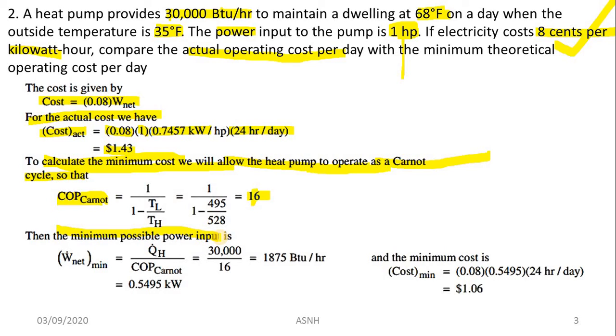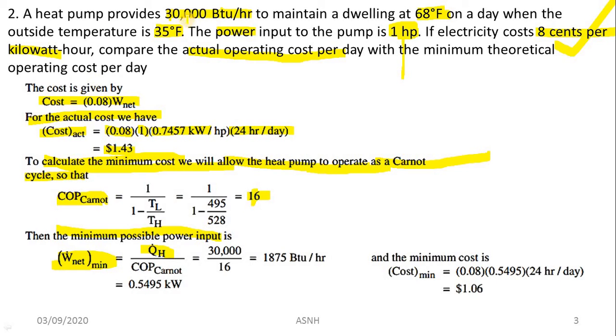As we know, there is a standard equation for the Carnot COP. Carnot COP is also calculated by another means. Here we can calculate the Carnot COP as the heating effect to the work input to the device. According to the second law of thermodynamics, the COP is nothing but heating effect upon work input required for that device. By using this formula and rearranging the terms, W net, that is the minimum power required, is nothing but QH, the heating effect,